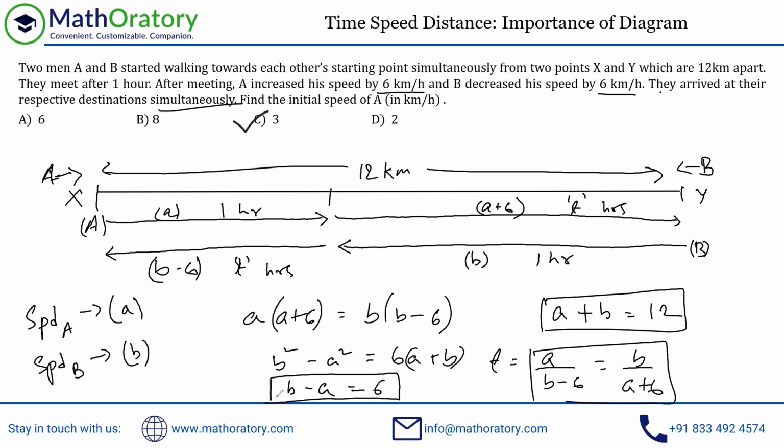So once you have this and you already have this, you can again solve to get the value of a and b. But as I said, if that switching over idea clicks for you, please don't take it as an assumption. This switching over can happen only because of one point: whatever is increased from A's speed, that much is reduced from B's speed.